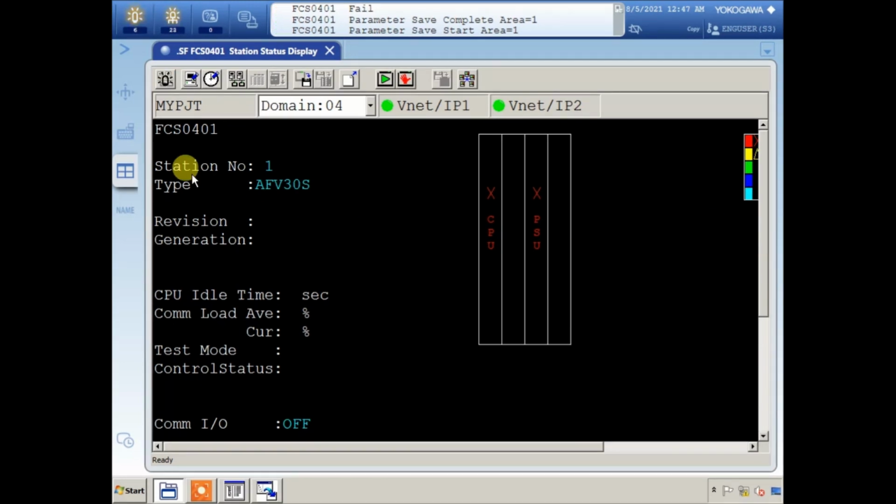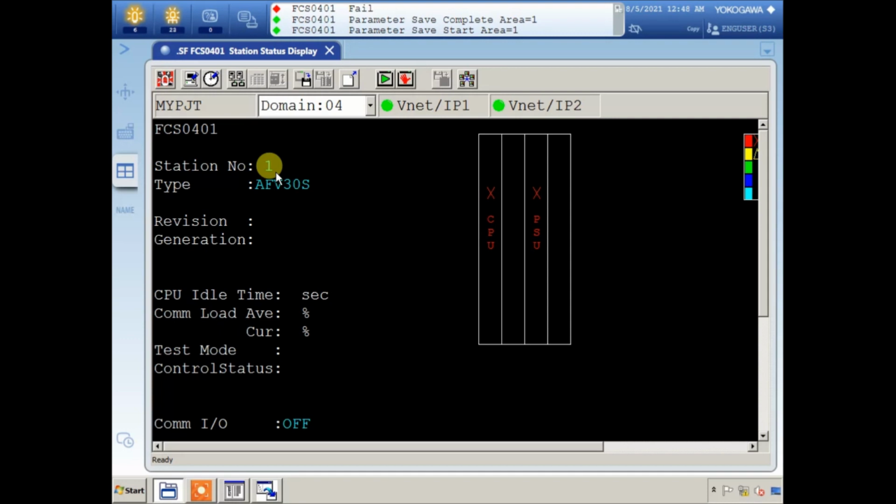These are the various parameters of your CPU processor. CPU idle time, load, etc. This is your model number of your CPU. We have different models, and this is one of the model. We have station number 1. We have only one FCS, right? This is our first one.